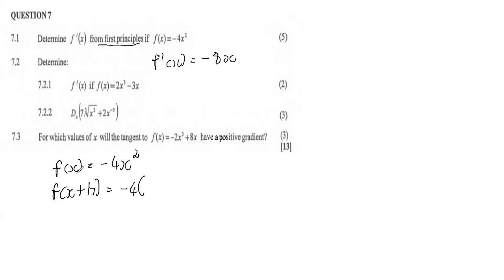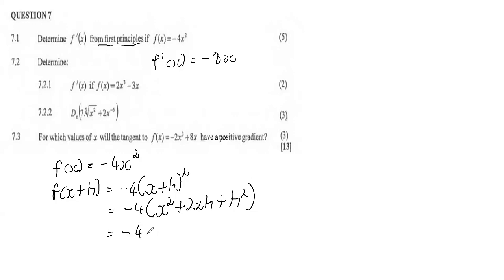So you want to create a neat approach to your question. What this means is that in the position of x, you now have to substitute x plus h. So where we have x, we are now replacing that with x plus h. At this point, we know that we should expand this, and it always expands in the very same way. So it ends up being x squared plus 2xh plus h squared, right? Then you further simplify this by multiplying with the negative 4, so negative 4x squared, then we have negative 8xh, then negative 4h squared. At this point, you now have the expression